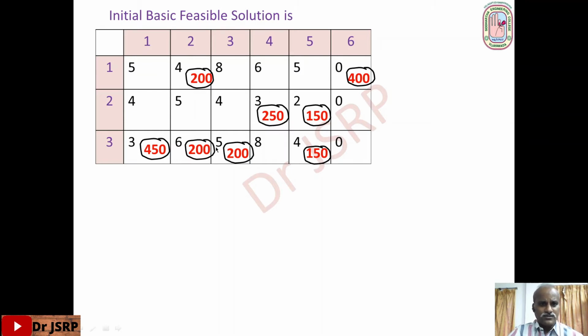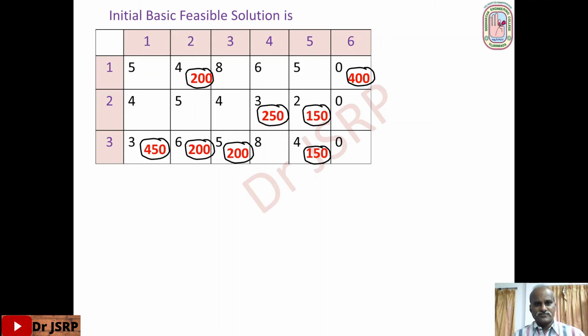4, 4, 8. Actually, that number should be equal to m plus n minus 1. That is 6 plus 3 minus 1, 8. Here all the allocations are strictly greater than 0. So this is non-degenerate basic feasible solution. So in the next step, we have to optimize this initial basic feasible solution by using UV method or